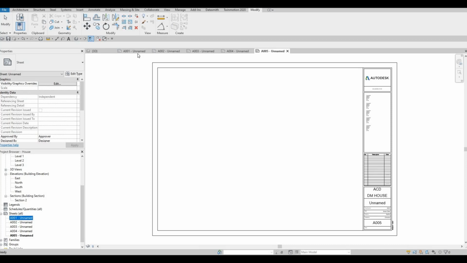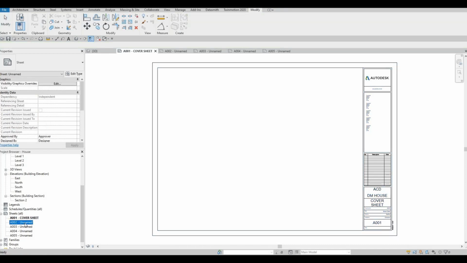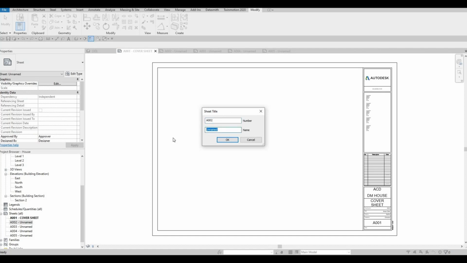What you need to do is go to A001. There's multiple ways of changing the name of this sheet. What you could do is go here and type in cover sheet, and that will be changed right here as well. Or you can double click here, and then it will open this one, and you could put first